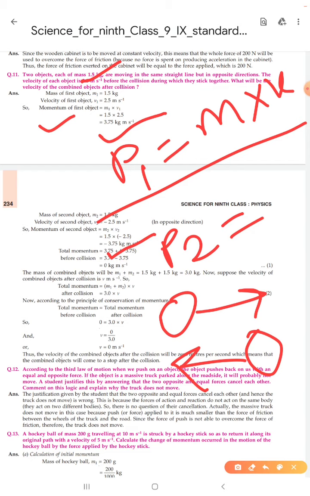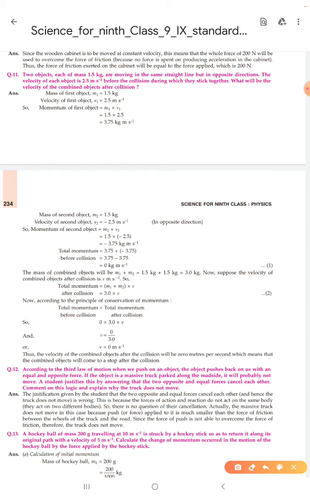So, total momentum of both the objects. Okay, we will add both the objects' momentum. We know the first momentum, we know the second momentum, then we will add them like this. Okay, 3.75 plus 3.75. But you know one thing,